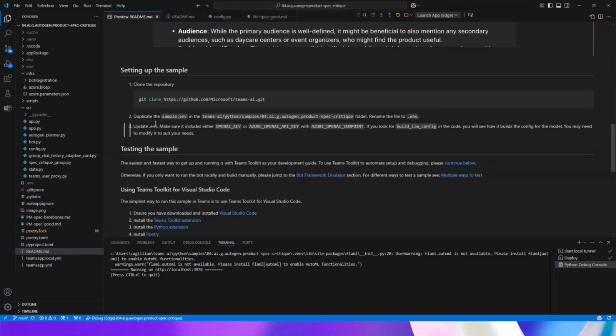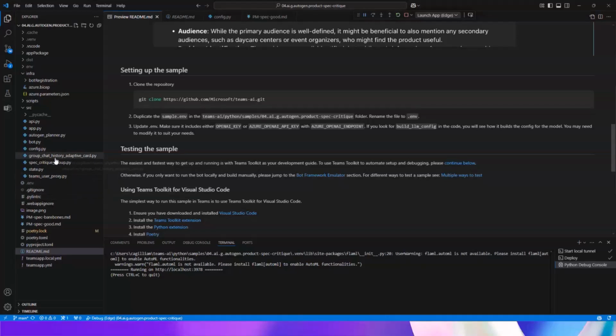And then all you have to do for a lot of these samples, once you have the initial environment set up with Poetry install, Poetry build, as well as having that virtual environment since we're in a Python sample, is rename the sample.env file to .env and then enter in your OpenAI key, which I have already done in preparation here. So you don't want to share the key over the call. But then for a lot of those samples, it's good to go right there.